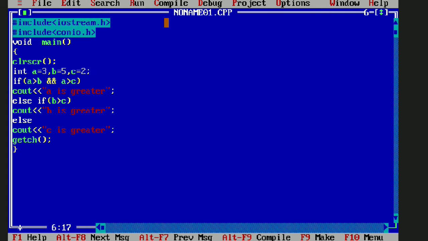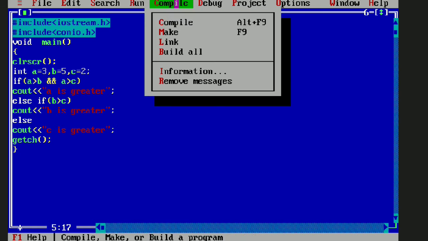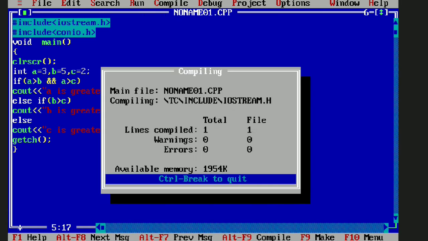This program will show you the greatest between three numbers. Greatest between two numbers is very easy, and greatest between three numbers is somewhat difficult, but you can see here it's a very short program and you can write this program to find the greatest between three numbers. You can use the cout function and cin function to insert the values from the user, but I am taking predefined values here, and let us compile it.